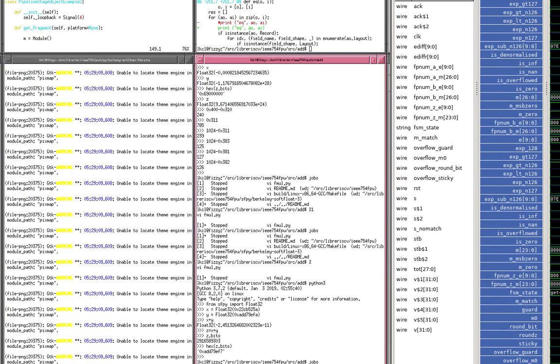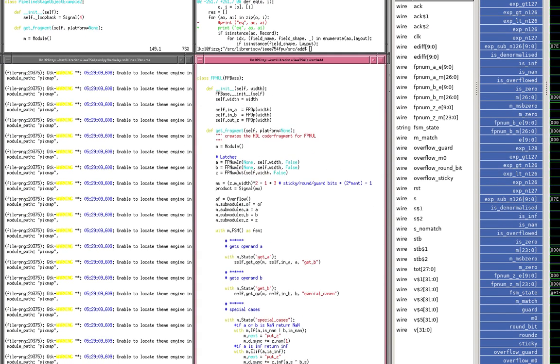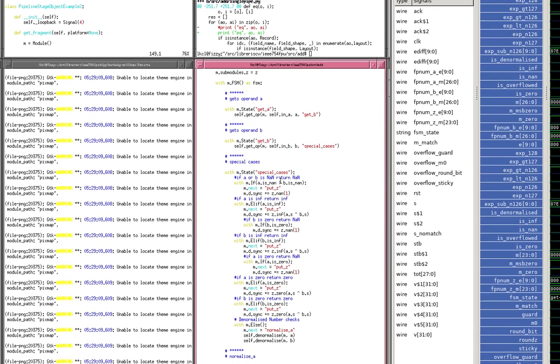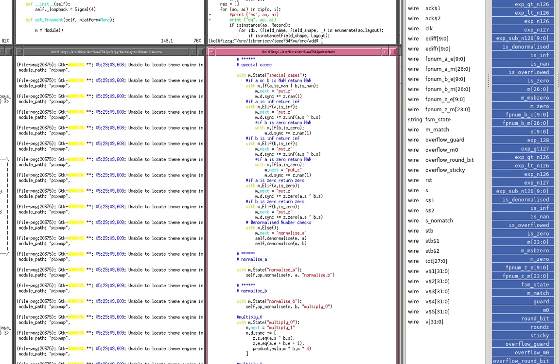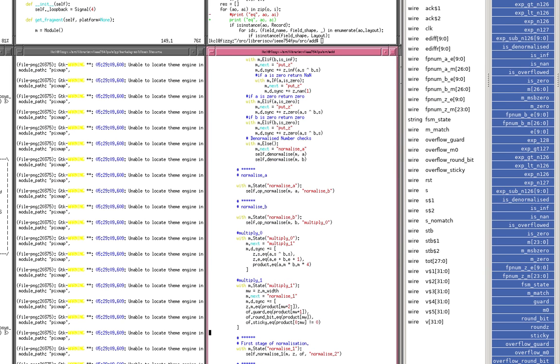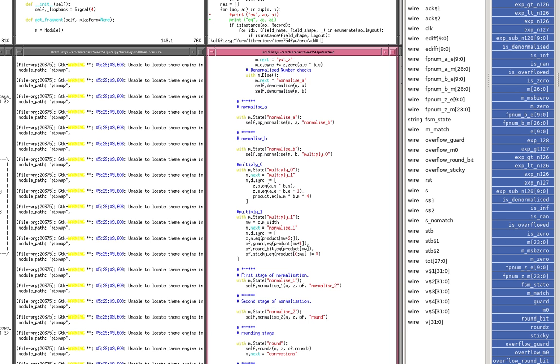Here is the multiplier code, which is pretty clear. You get two operands, and then you do some special cases. And you denormalize the answers to A and B, normalize A, normalize B, multiply them together, produce a product. There's stuff in normalizer bits, and the sticky bit is based on the bottom bits